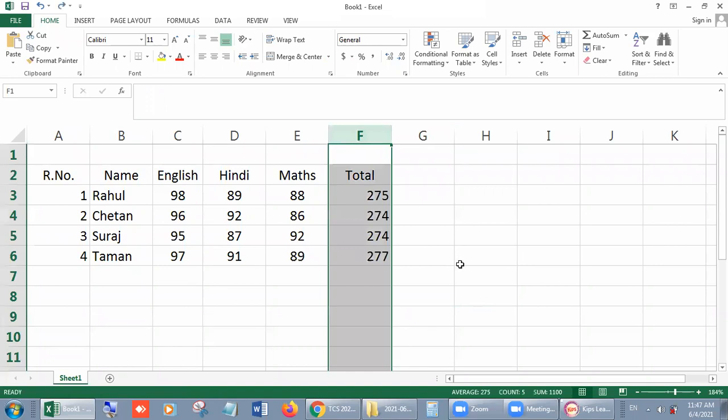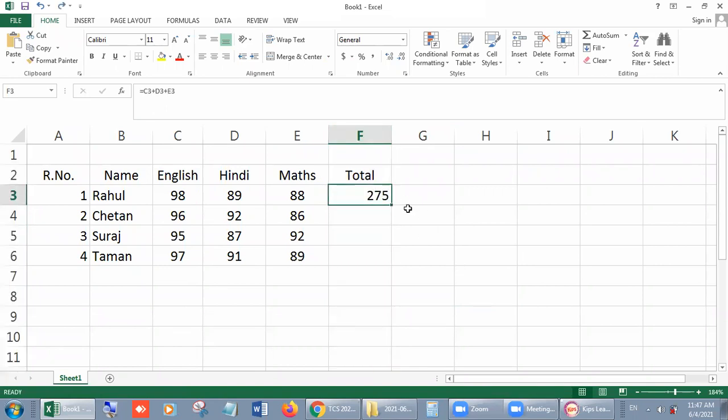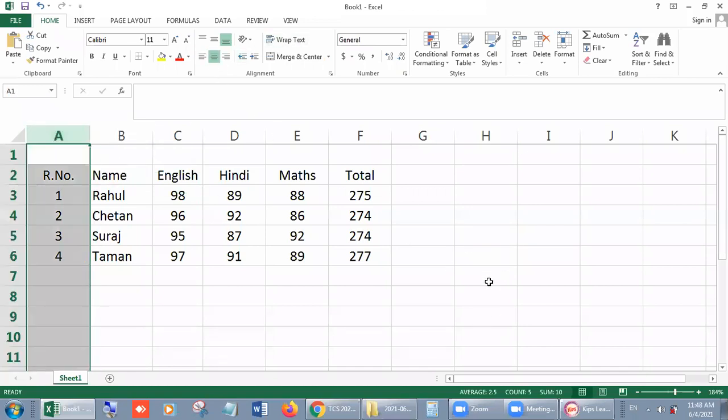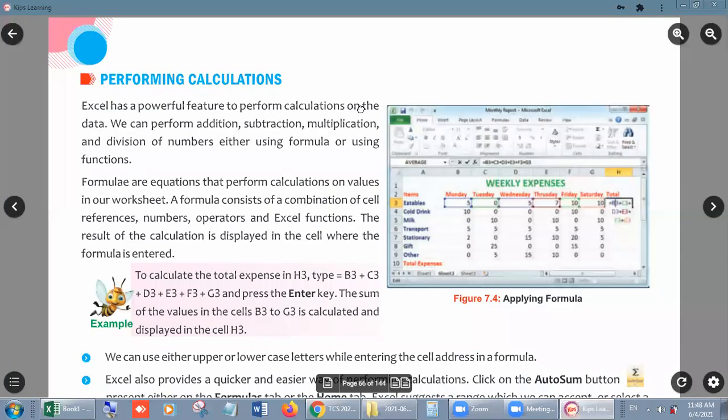See it again. Select the first total, go on it, black plus sign is here, and drag and release the mouse. In this way, you can make the total. Okay, beta? This is the method in which you can apply a formula. That was addition formula, sum formula. Okay, next is, I told you how you can add.